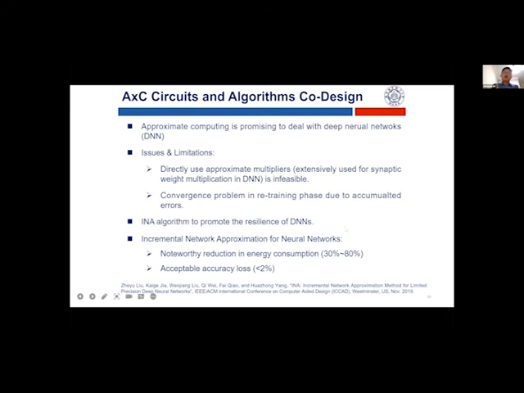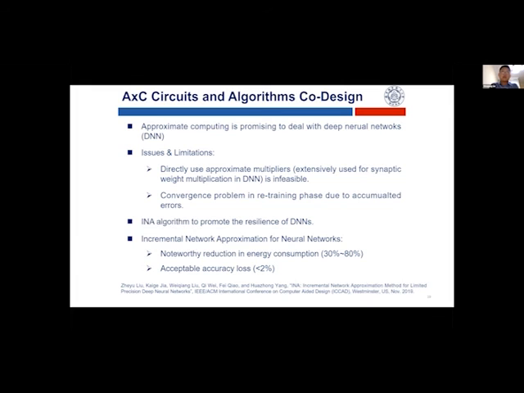So the third part is that we can use this kind of approximate multiplier in deep neural networks. As we know, deep neural networks have some error tolerance. However, if we directly apply this approximate multiplier in the neural network, it actually does not work, because it has a convergence problem in the retraining stage, because there will be some accumulated errors. So we have proposed an incremental network